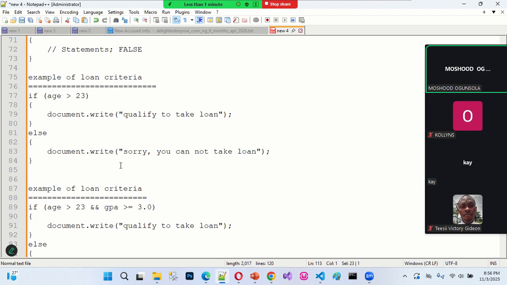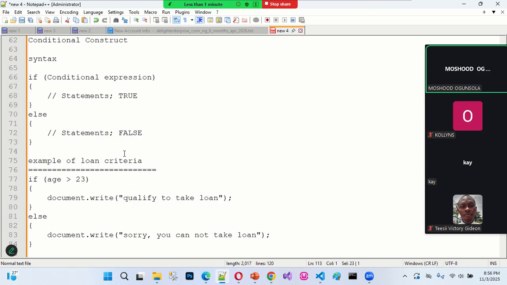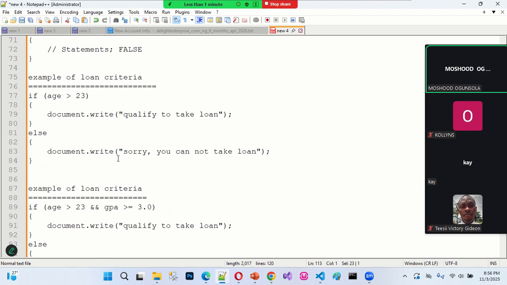conditional statement. So the next thing we are going to do now is we are going to design the page to implement one or two of these particular criteria so that you can see how JavaScript is going to be used for it. And then I'm going to